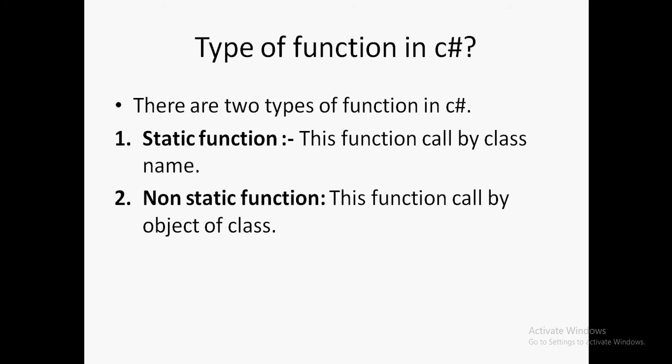Now, what are the types of functions in C#? There are two types of function in C#. One is the static function and the second one is the non-static function. So what is a static function? When you create a function, we need to write